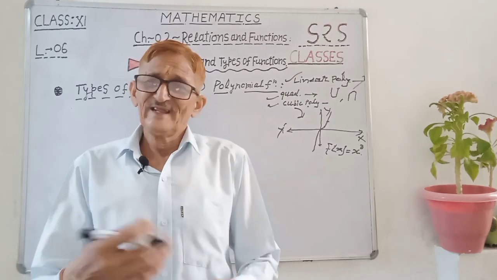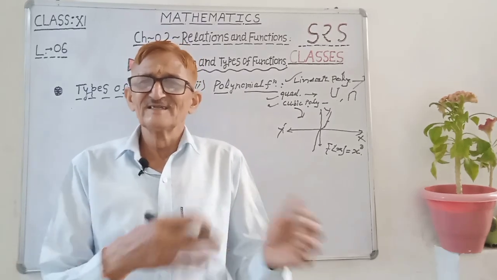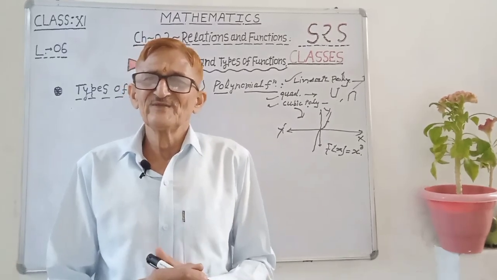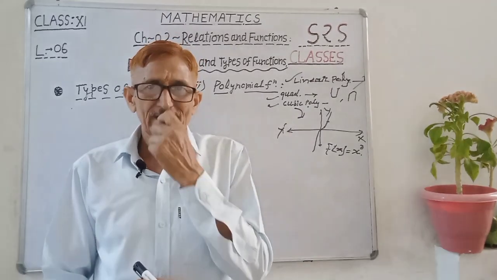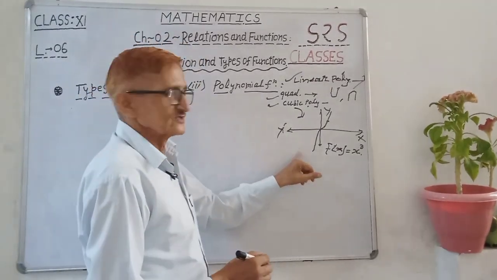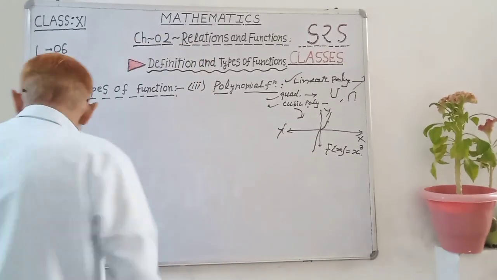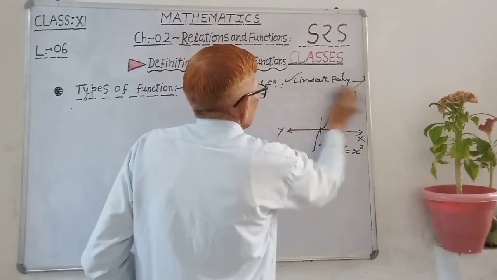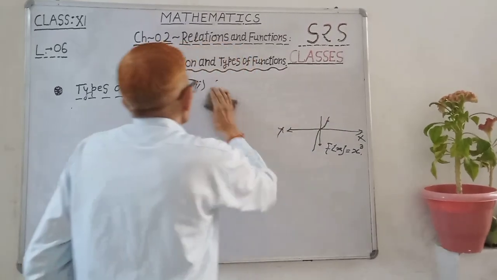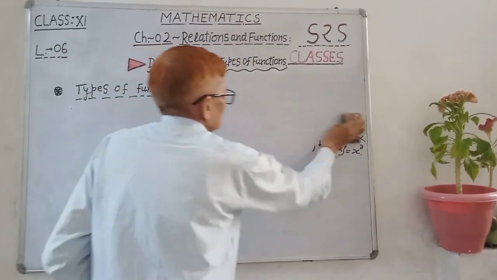So any one is the cube of some other one. So we can say every real number will come as output, every real number is in the range of this. So the range is also every real number. Okay, these are the polynomials. So polynomial is discussed here. Now after polynomial, the fourth is